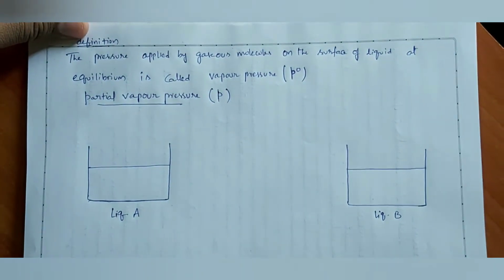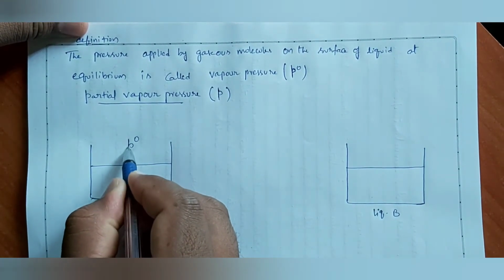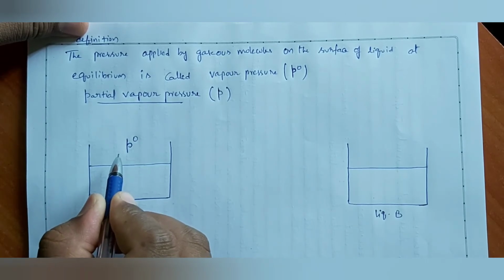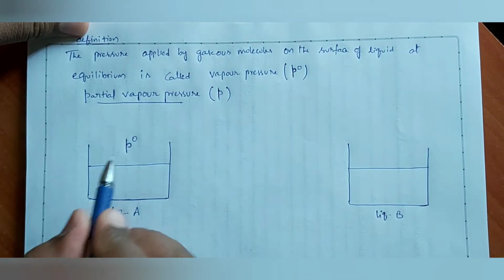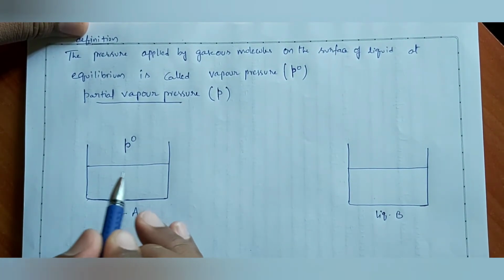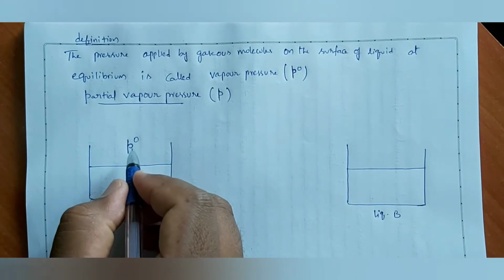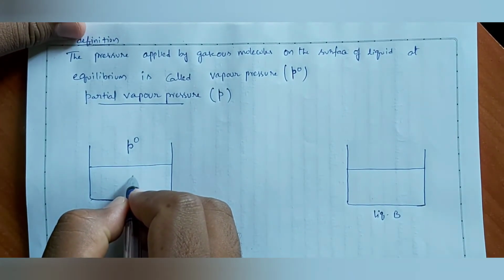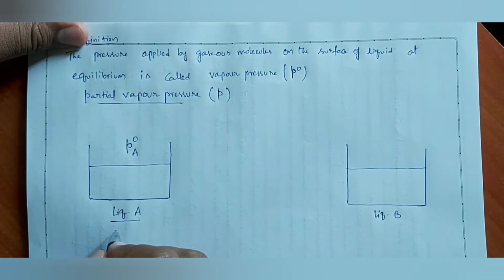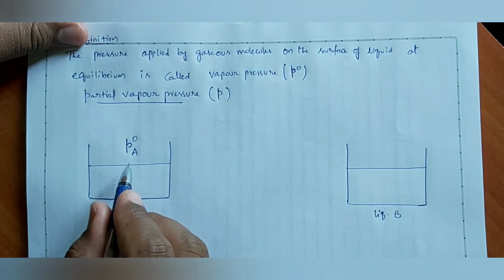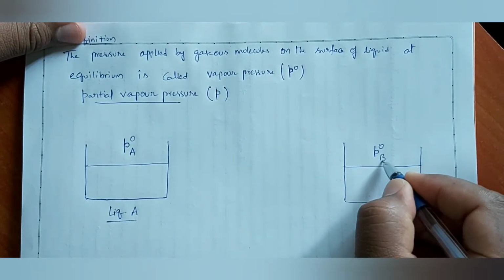At a particular temperature, room temperature, let us consider, liquid A has a vapor pressure, that is called pure vapor pressure. Till now only that I talked about. That's why I told everything so slowly. Every liquid has a particular vapor pressure at a particular temperature. At room temperature, liquid A has some vapor pressure, as a pure component, not prepared into a solution. That is called P naught of A. At the same temperature, liquid B has some vapor pressure, that is P naught of B.